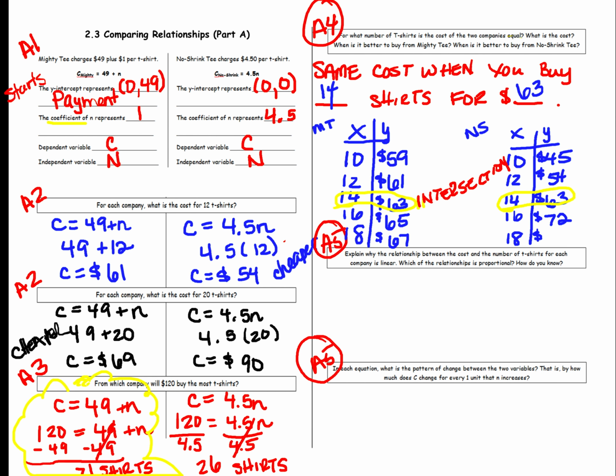A5 says, explain why the relationship between the cost and the number of t-shirts for the company is linear. So why are these linear? Both of these tables show linear. They don't both show proportional, as you can tell over here with the y-intercept. But there is some linear graphing going on here, and why? So why are they linear? We're going to say they are both linear